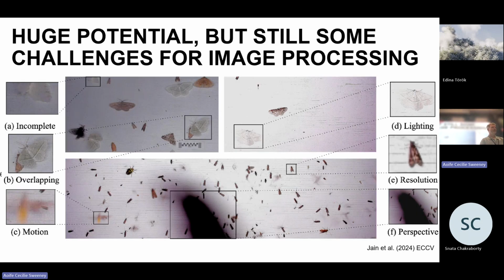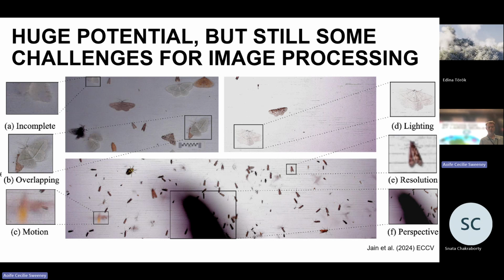Still, you know this, we've got many challenges, some of which we can't control when the insects land on the lens instead of on the board and block out the view, or if there's various behavioral aspects, motion or other, like they sit at the edge of the trap instead of in the center. They're hard to identify. So some challenges we can't solve, but some of them I think we're beginning to solve.